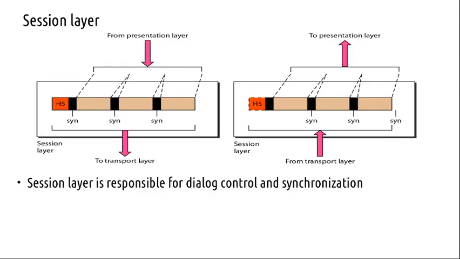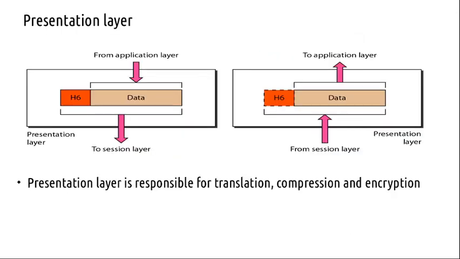Then the session layer and then the presentation layer. Compression is a task of the presentation layer. They are very clear about that. Encryption is also happening at the presentation layer. Whatever data is coming from your browser or any software that runs in the application layer is encrypted there.